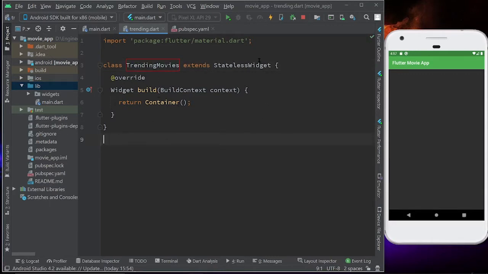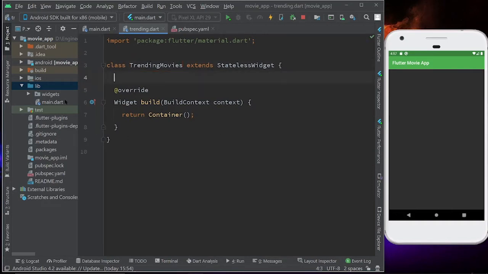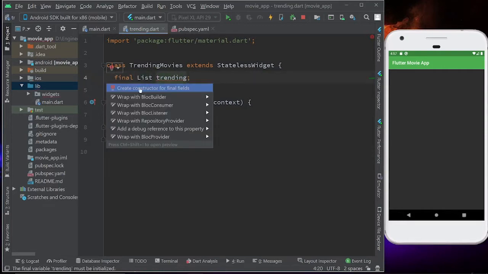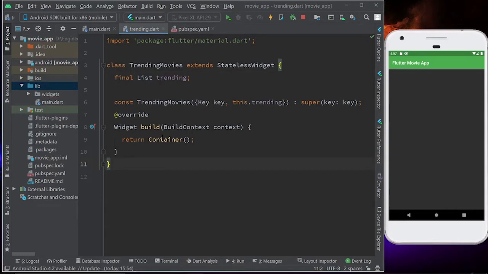Now it is also going to receive a list from the main.dart, right? So this main.dart is going to pass the trending movies list to this widget. So let's take a list of trending movies. And this list is going to be final because we are not going to make any change in this list. So let's add a constructor for this field, right?